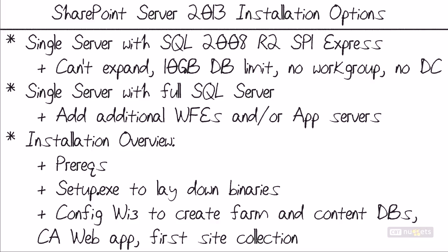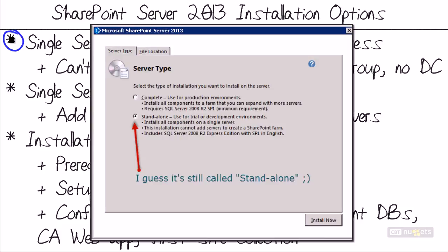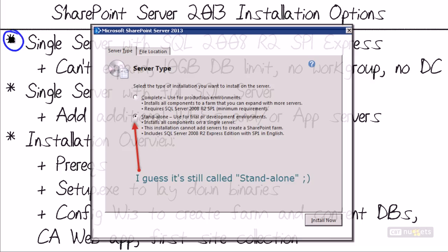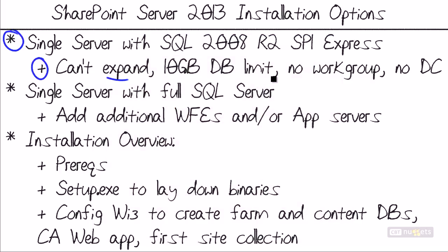If you're in a testing development environment, or maybe you want to mock up a small farm to show to your boss to try to convince them to adopt SharePoint, the path of least resistance is the single server with SQL Server Express. This is what used to be called the standalone installation, where you have a farm in a box, basically. This could be a virtual machine or a physical machine, but you can't expand. You're limited to the SQL Server Express 10 gigabyte limit. You have to be in a domain, interestingly, to do this, but you cannot install this